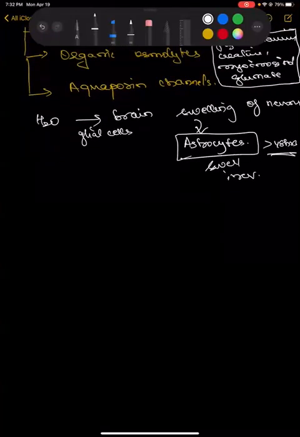This is the reason why there is also the development of the complication of overcorrection of sodium, earlier known as central pontine myelinolysis, but nowadays that's not the term that we use. It is osmotic demyelination syndrome, because it's not just the pons which is affected. It can affect anywhere globally, and therefore it is termed osmotic demyelination syndrome.